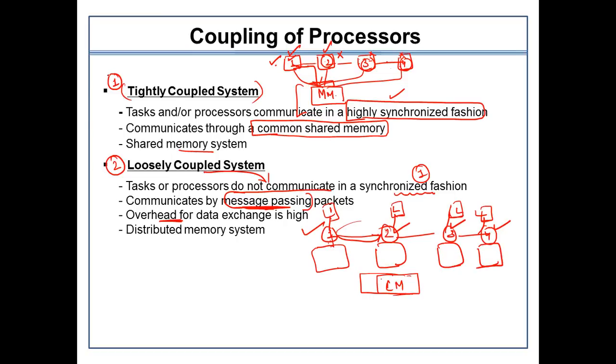We will learn in detail about these coupling procedures in the advanced course of computer organization and design. For the time being, tightly coupled systems work on a shared memory system, but loosely coupled systems work on a distributed memory system, in which one common main memory is segmented into various parts so that all the processors work on their own predefined tasks and do not disturb each other.